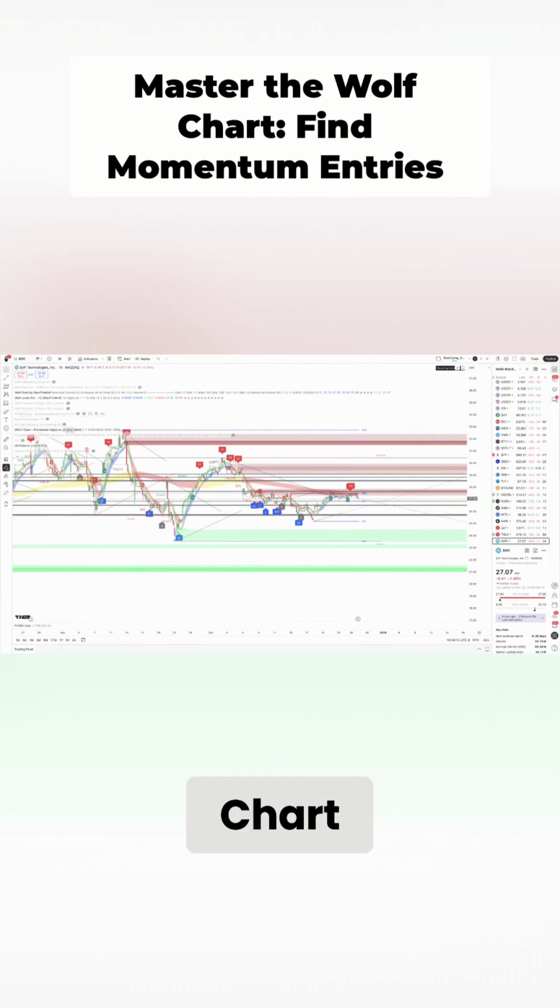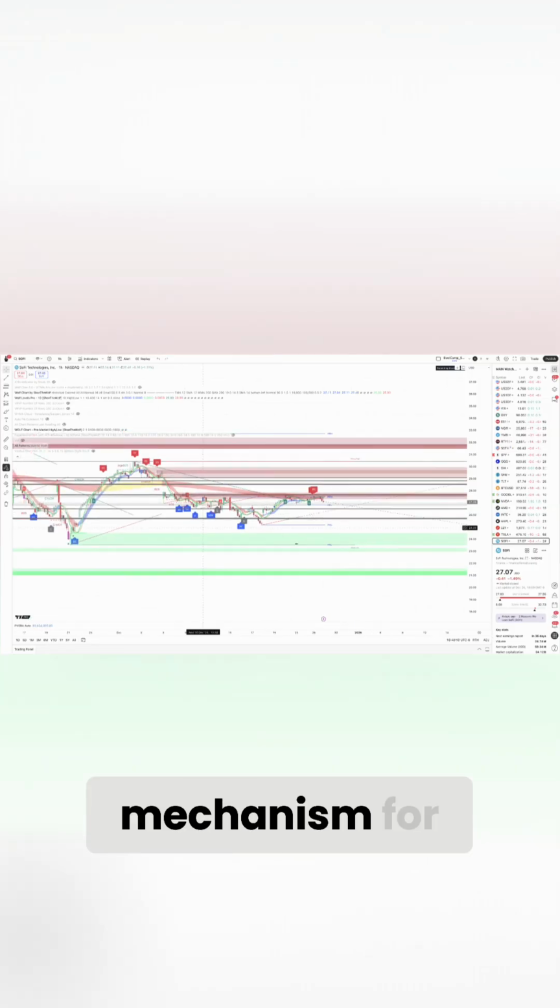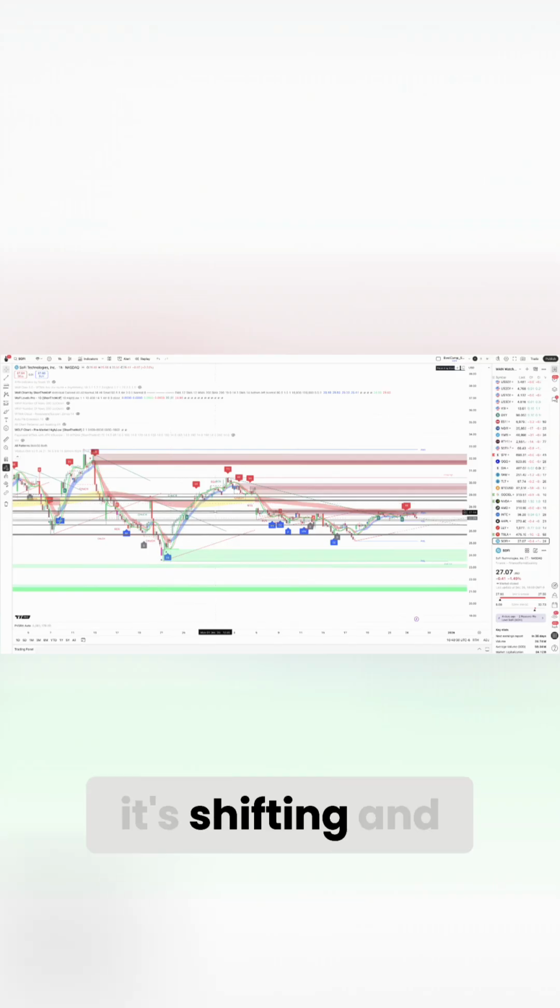Wolf chart, primarily we're looking at the WTMA as an early entry mechanism for our confirmation system. And we're looking at these diagonal lines here, these trend lines, as momentum entries to show us when we're going to get continuation. And we're using this 12 cloud, which is the blue and red cloud, and then this yellow and red cloud, which is the 200, so that we can see the trend as it's shifting and changing within